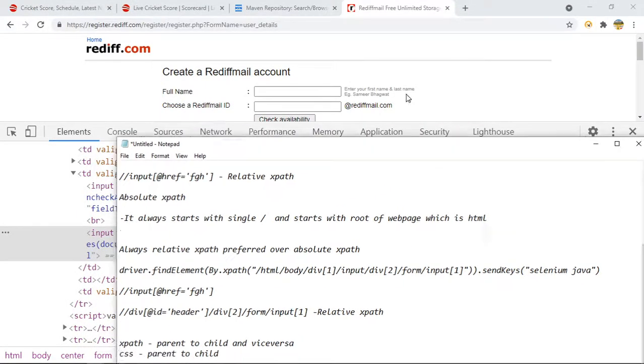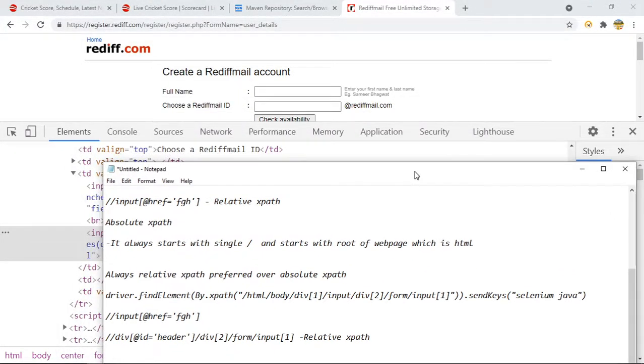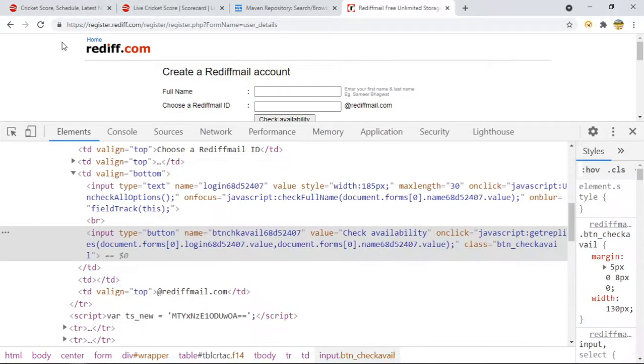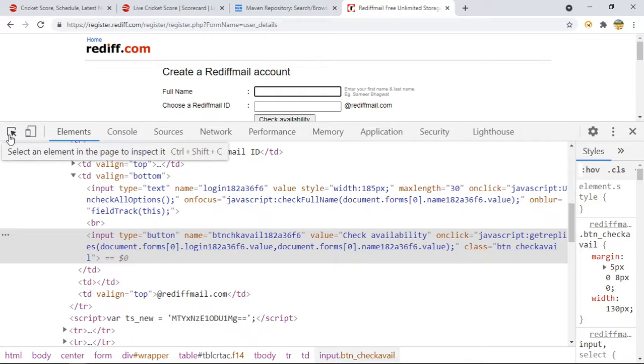If I refresh this website, which means suppose you are relaunching the website with the help of Chrome, for the next time let us see what is the value.